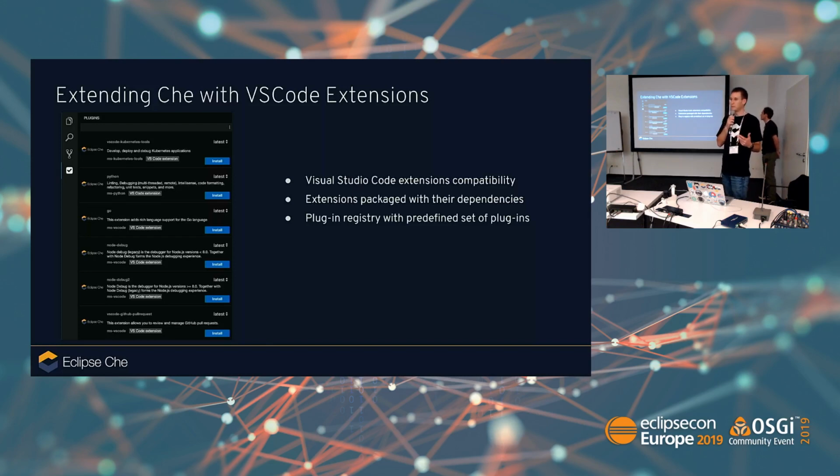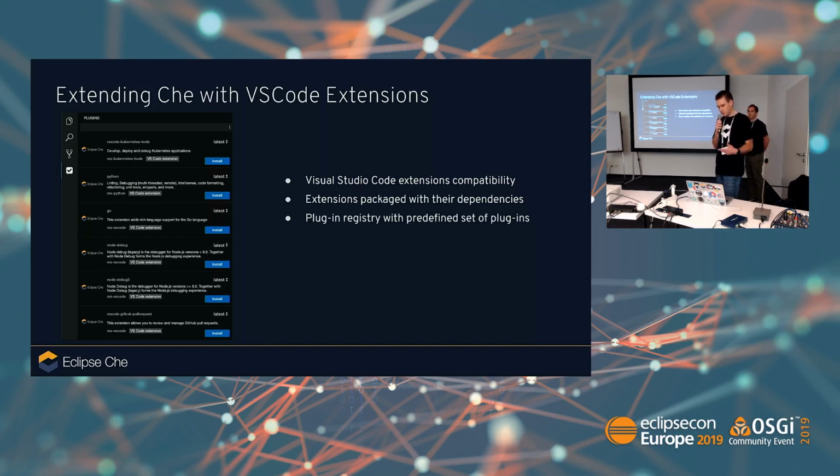Of course, the big difference between a VS Code extension running in VS Code and running inside of Che is the way they are packaged. Inside of Che, they are packaged as containers with their own dependencies, while when you are on VS Code, you still have to manage the dependencies. You still have to install Java on your local machine if you want to use Java. In the context of Che, it is just a switch to pull the proper container, which will provide the Java tooling.